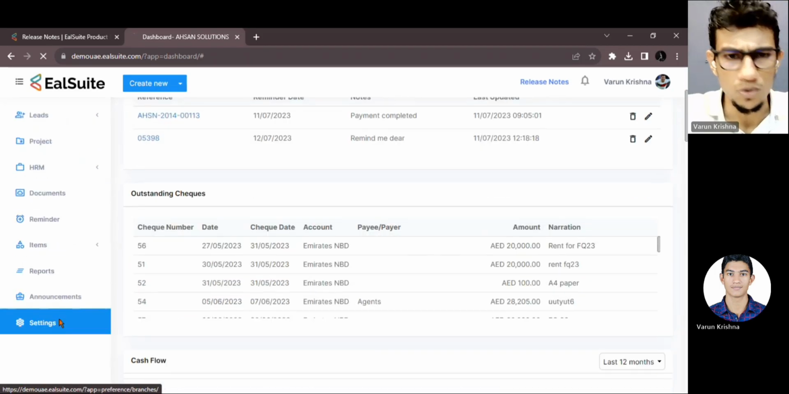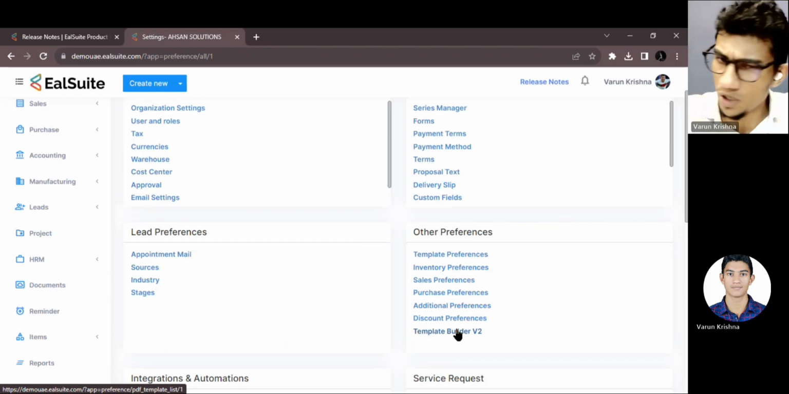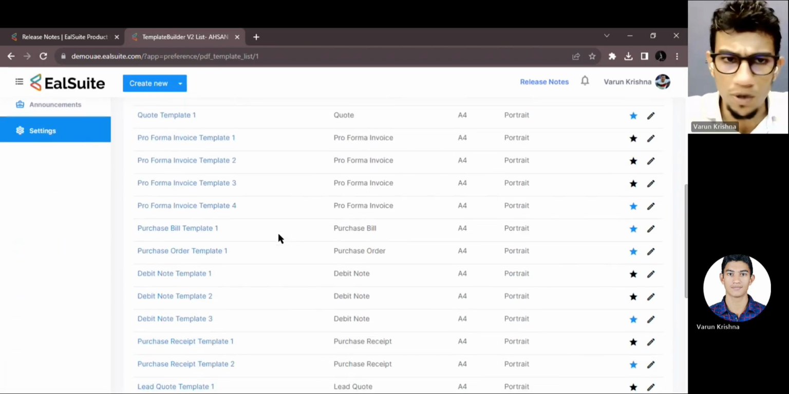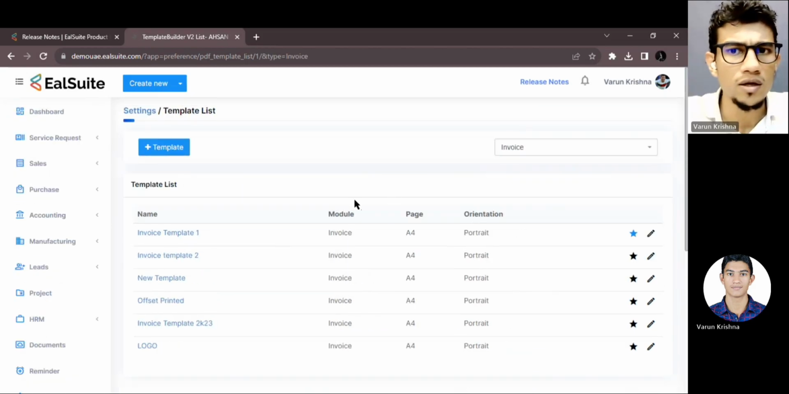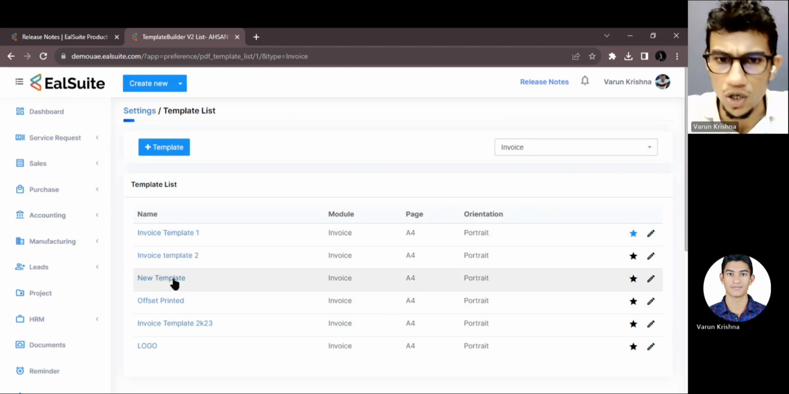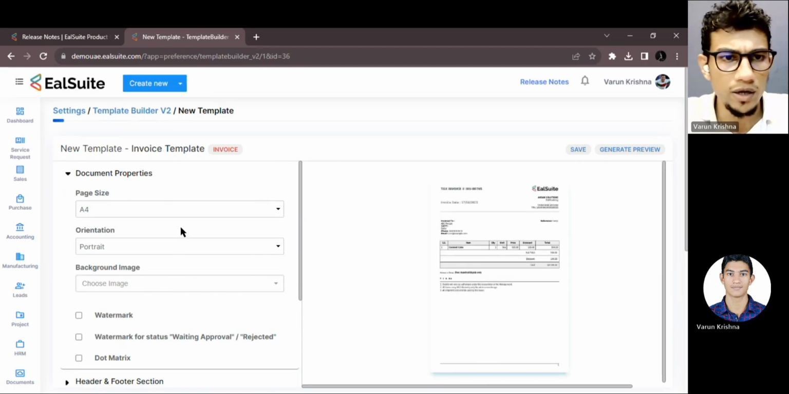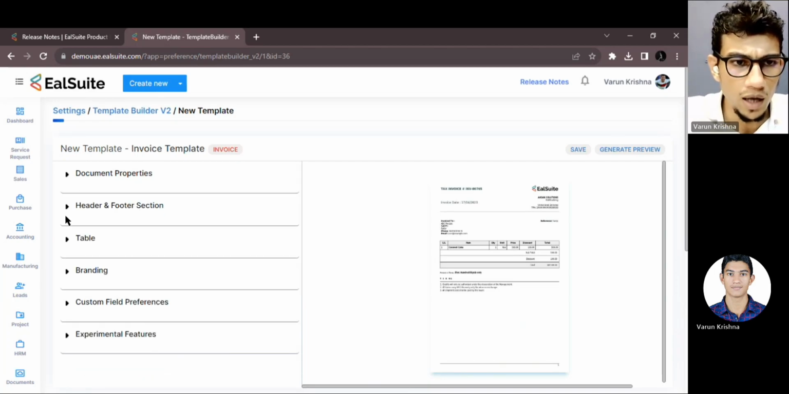So we can go to settings, and under other preferences, we can see the template builder V2. We have so many templates, right? So I'll do one thing. I'm going to select invoices, and so many templates for invoices. New template. Let's click on this. We'll keep that name in our mind also. So the document properties and everything, it's the same. And under the header and footer section,